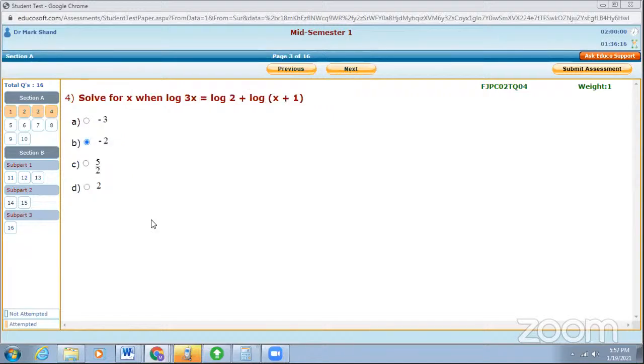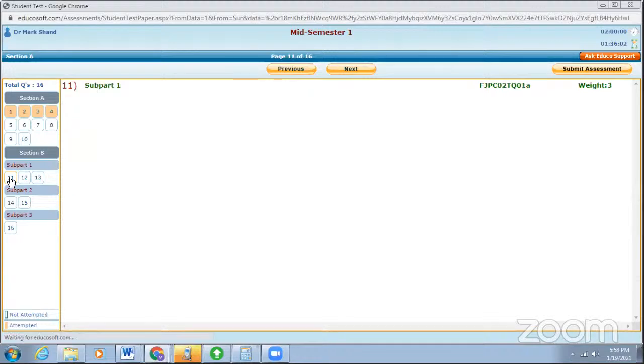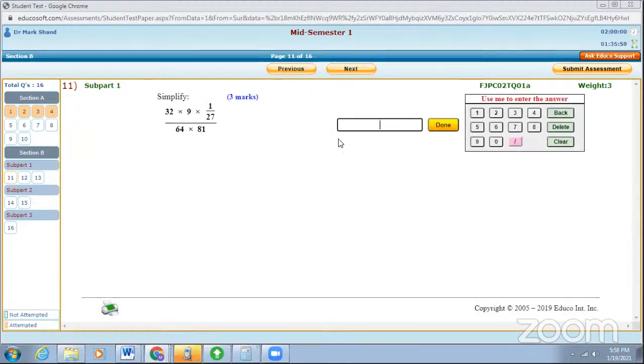For section B, when you click on the first question in section B, and for your final assessment, you'll be having 20 multiple choice questions. So section B will start at question number 21. When you click on question number 21, the whole question, meaning the question for subpart 1, which is what you see for question 1 of the essay type paper, will populate on the screen.